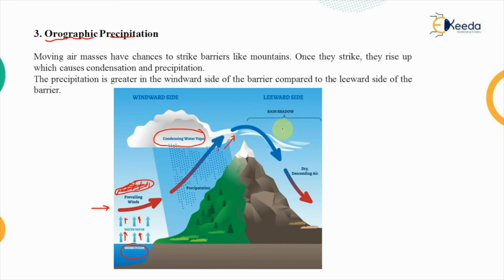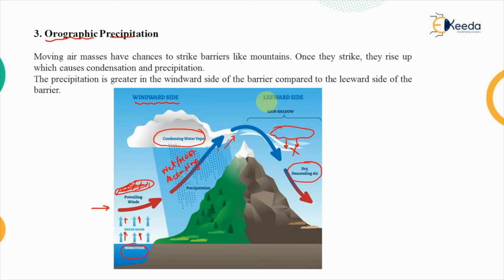When it moves to the backward side, there is no rainfall or very little rainfall. So the air which is moving is dry and descending air, while the air at the front side was wet and ascending air, also known as moist air. So the area which gets the rainfall is known as the windward side of the obstruction,